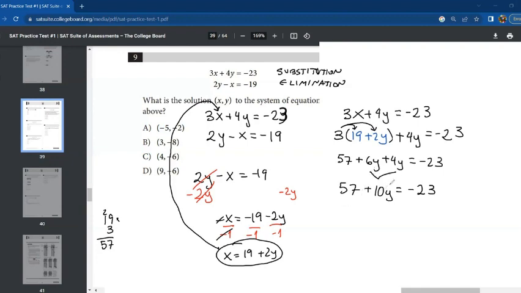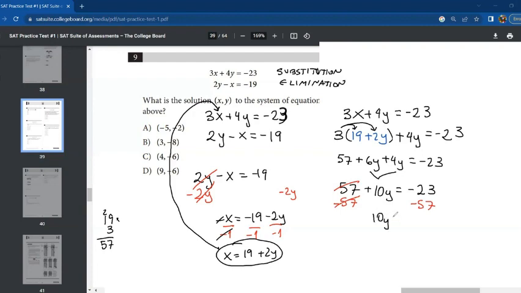Now, we are looking to solve the equation. So on the left side, we have all this. That means that we have to leave the y by itself by eliminating the 57 and the 10 from the left side. So we start with the 57. We subtract 57. So immediately,